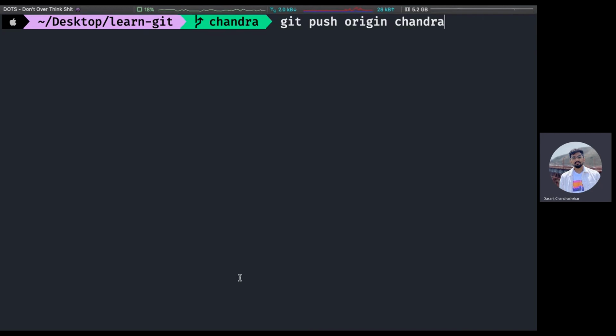How many of you are done with the commits? You guys are done, right? Okay. If you're done with the commits, you can push your branch onto GitHub by using the command git push. So git push is the actual command to push it. The first one, origin, implies the Git URL, so it contains the Git URL. Chandra is a branch name. So let's say you want to push to master, you just do git push origin master. Don't do that. Do git push origin Chandra because you made your changes in your named branch. So do that.